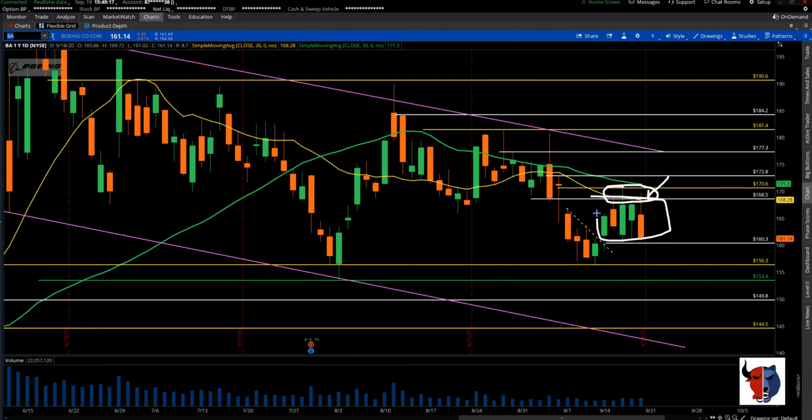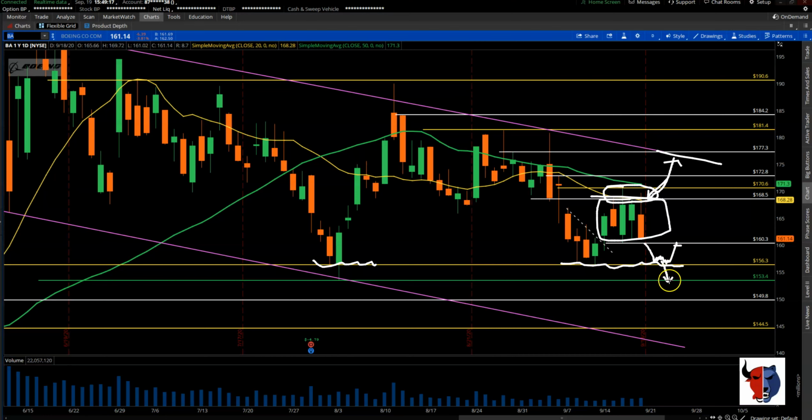And a sort of congestion zone right here. If it moves up, then definitely 177, which is the trend line resistance, can be a good target. If we move down, break down from this 156 area, which was support from right here as well, if it does not hold this level to move back up, then definitely 153, which is the monthly support, which could be a bounce play,